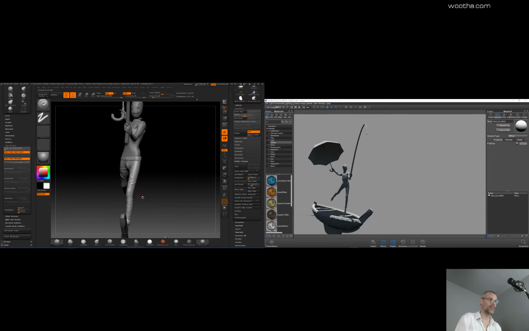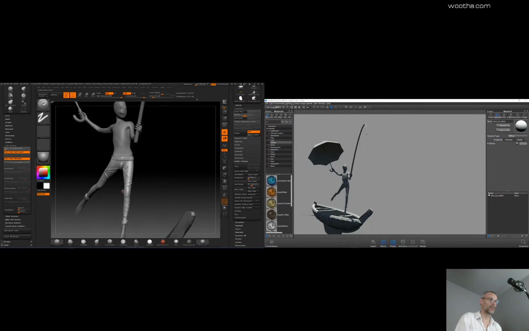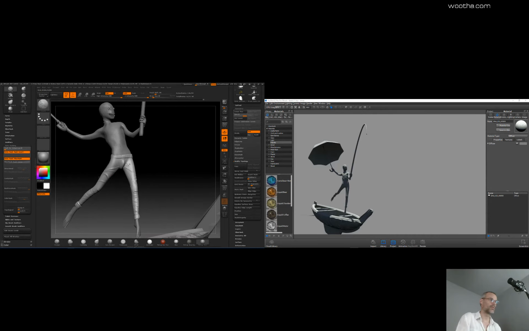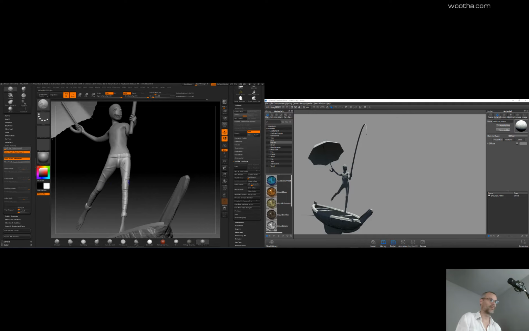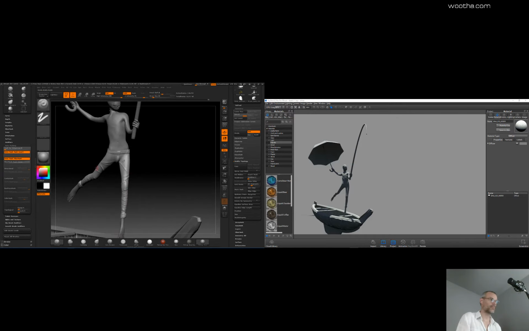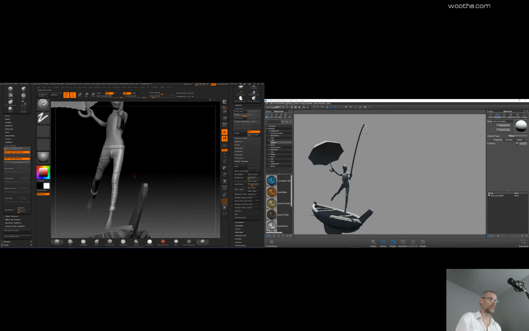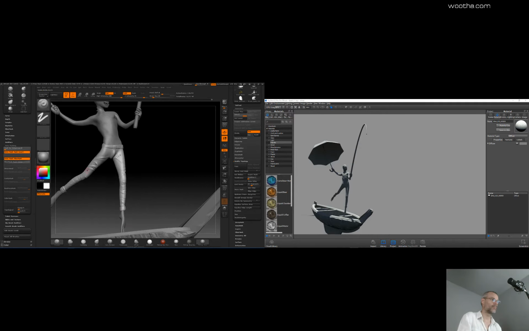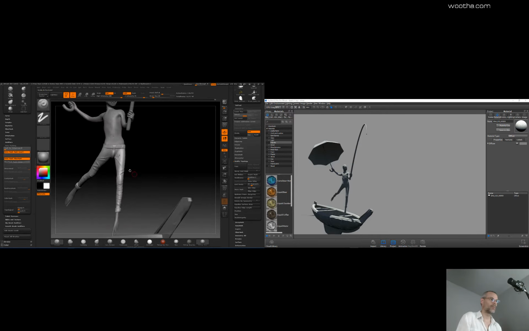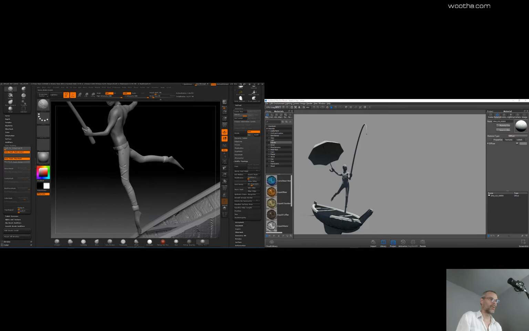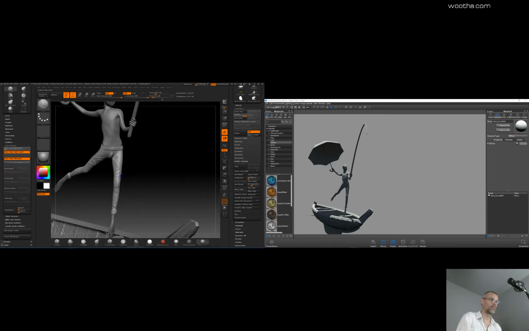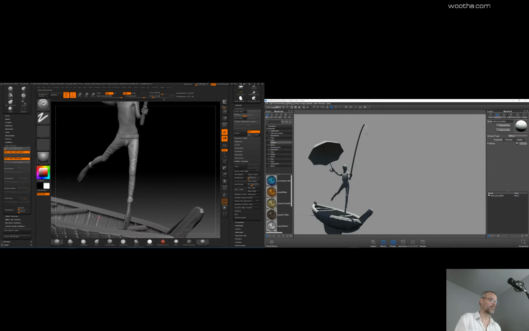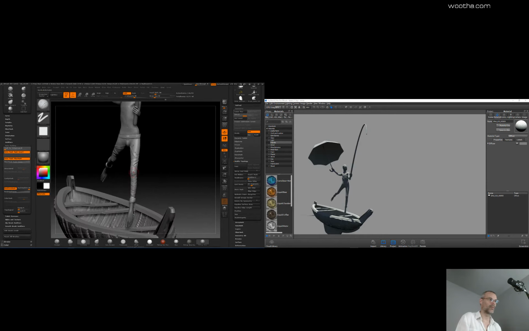Just trying to break the silhouette of the pants. A little bag under the